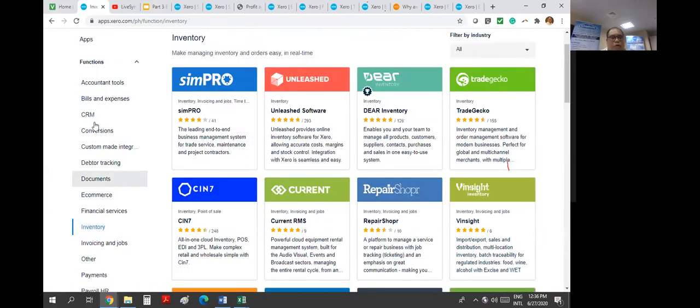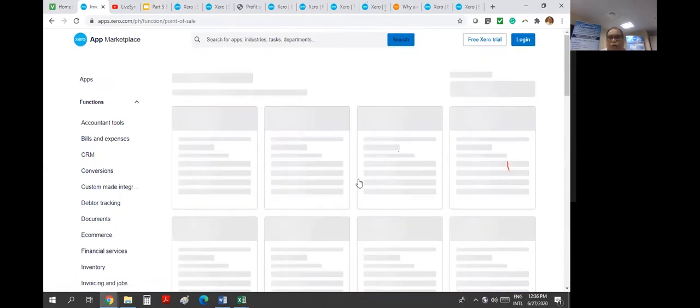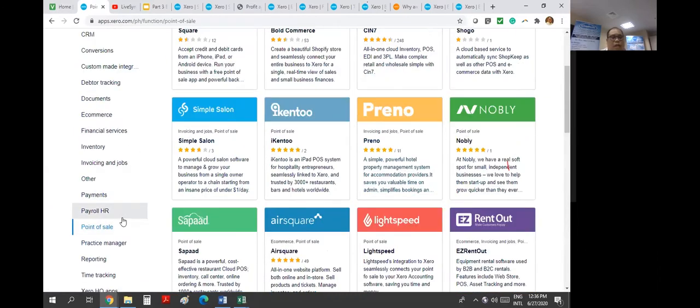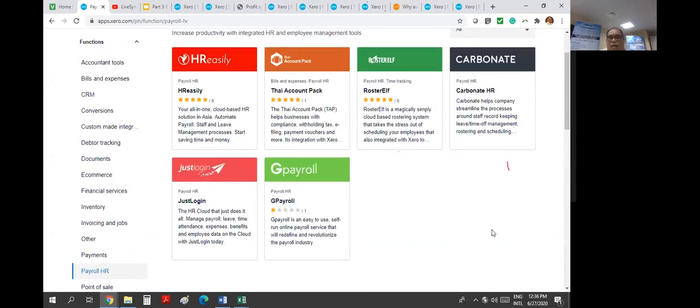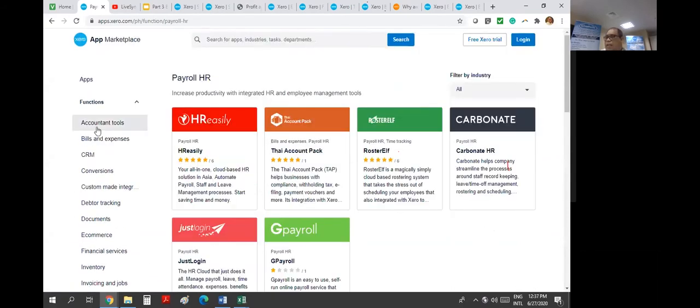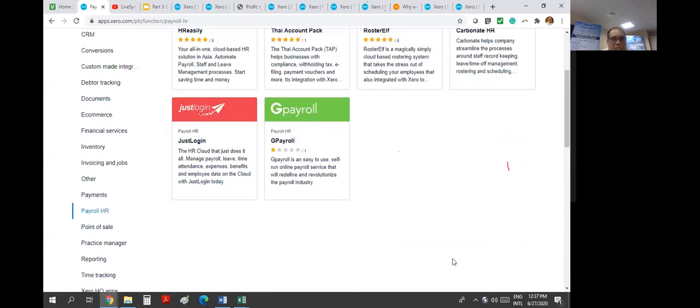If you're looking for point of sale, there's also point of sale. If you're looking for, let's say, HR, these are popular HR tools that you can connect. The closest we have is HR Easily because they actually have a Philippine office, I think. I'm not really selling them, but based on our experience, this is the only software right now that can connect to Xero in terms of HR. Okay, so you can select. So find that right